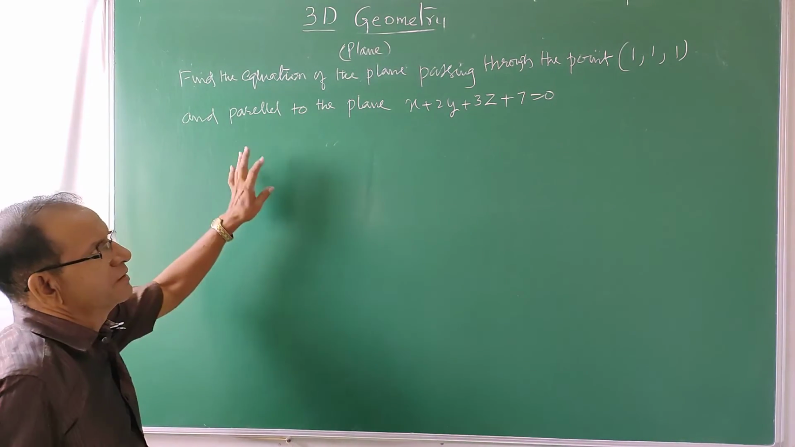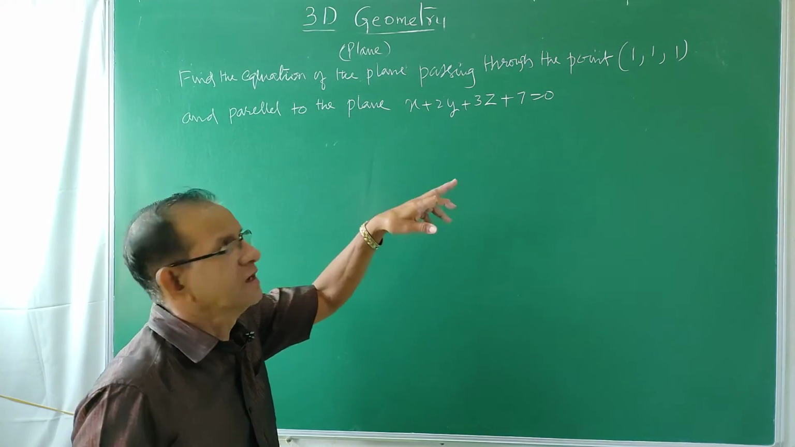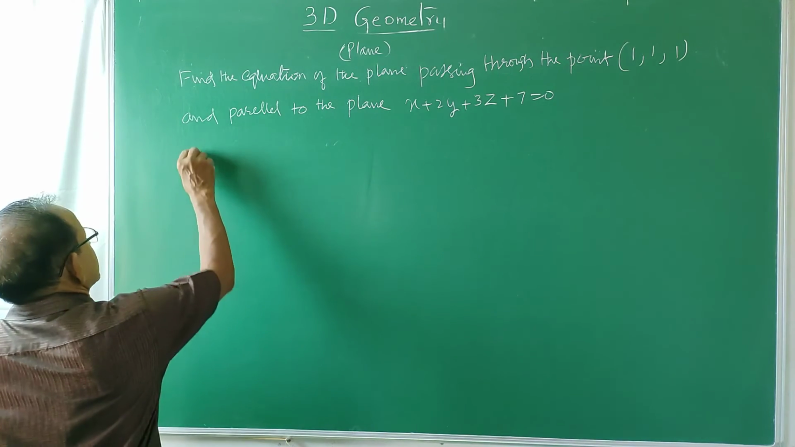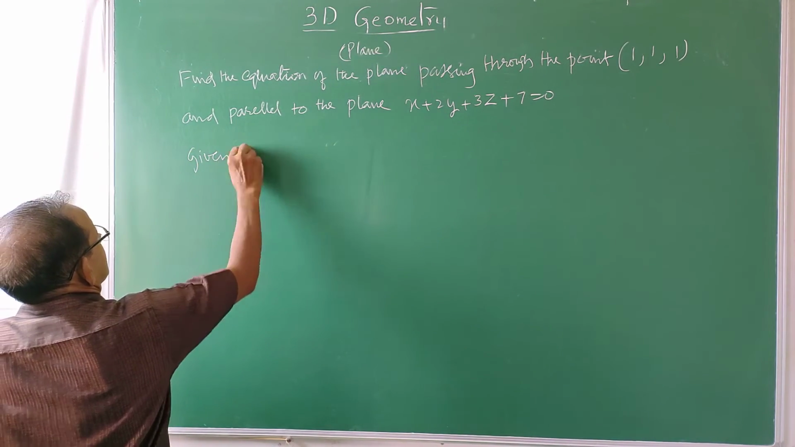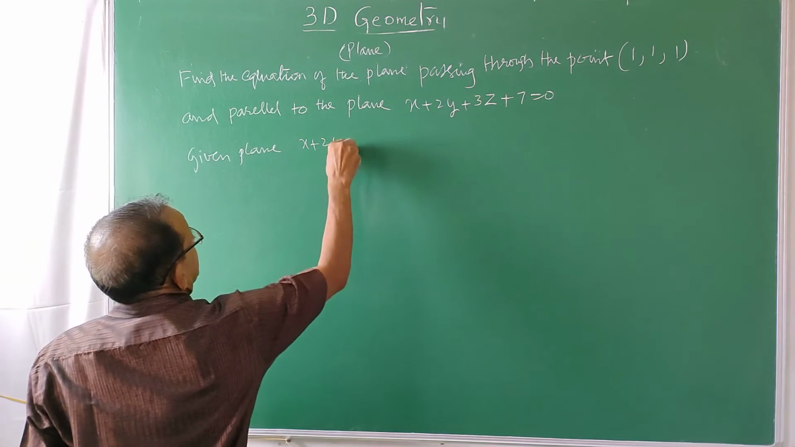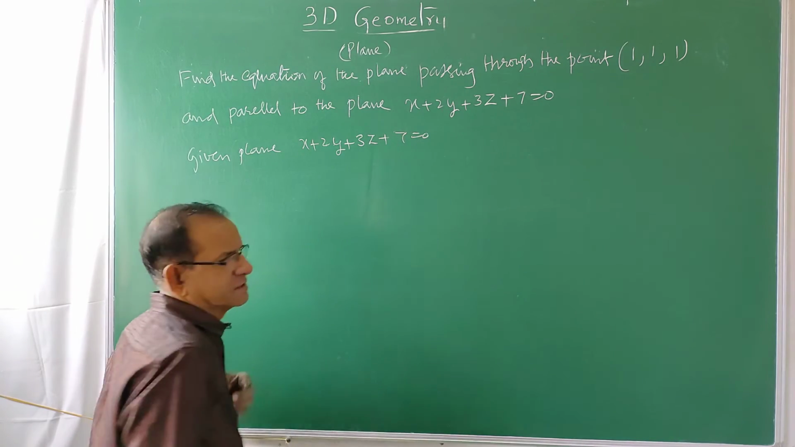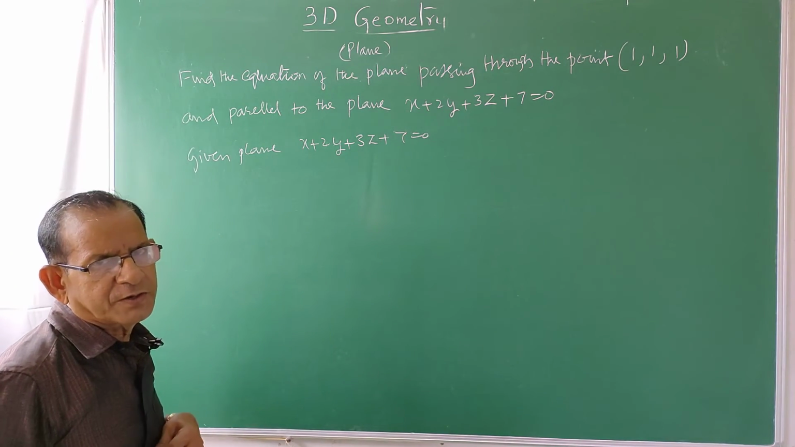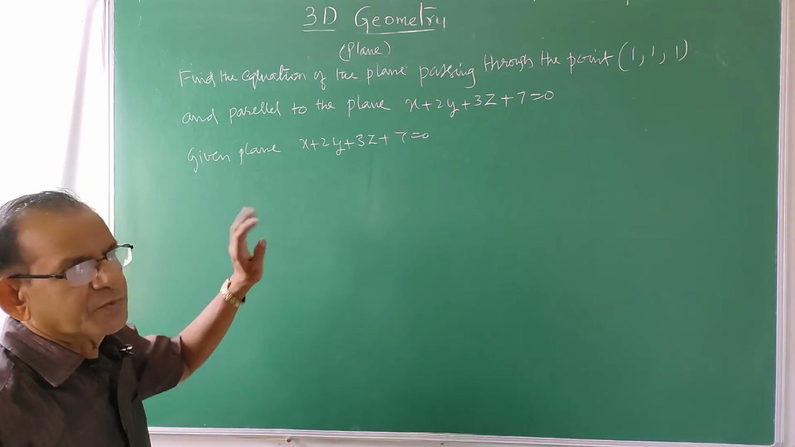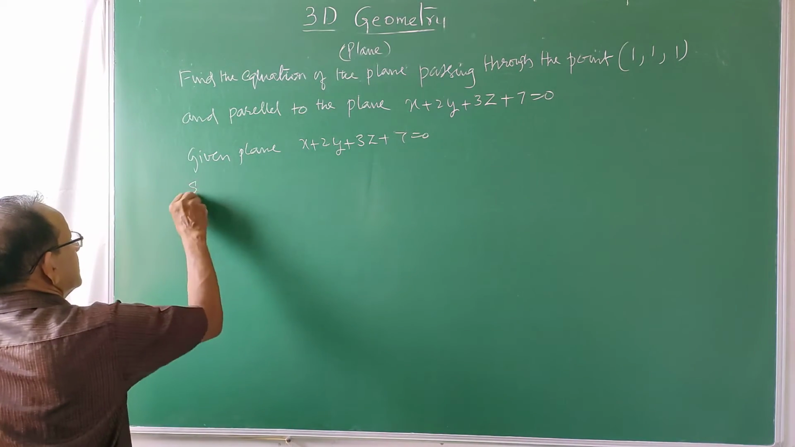Now here we have to find the equation of the plane which is passing through the point (1, 1, 1) and parallel to this given plane. Now what is the given plane here? x + 2y + 3z + 7 = 0. Now you have to find the equation of a plane parallel to this one. It means that for a parallel plane only the constant is different. So the equation of the parallel plane